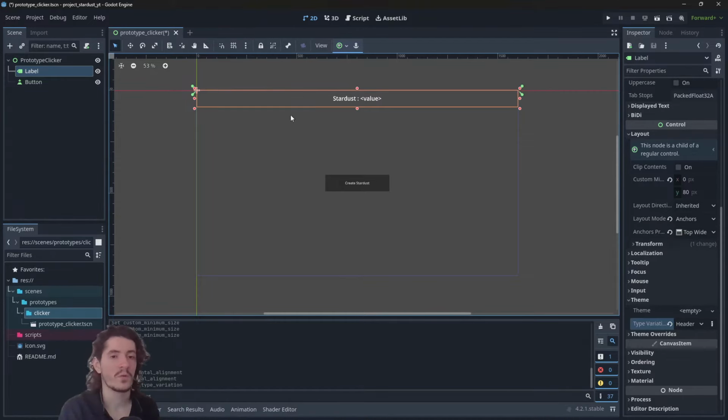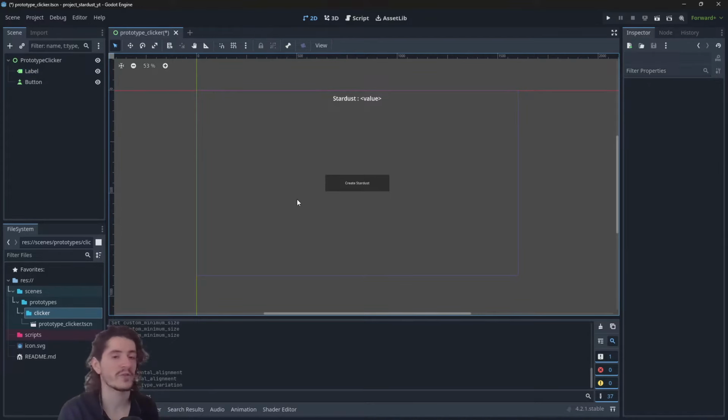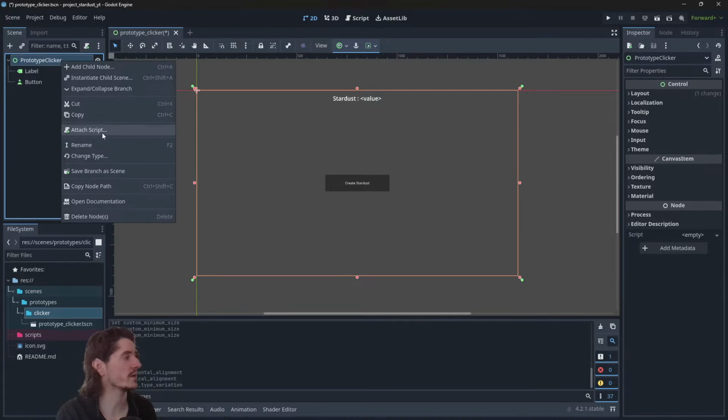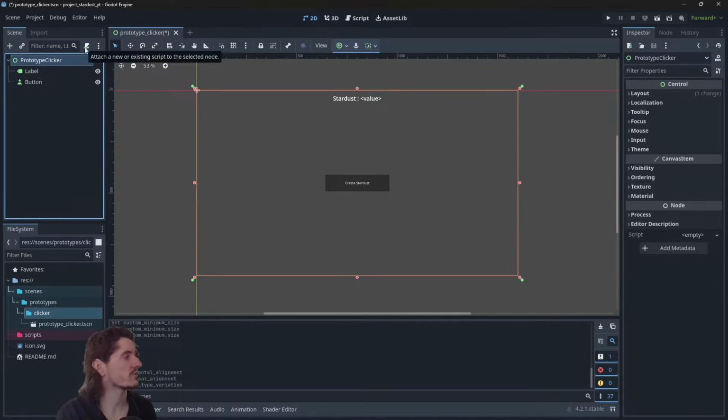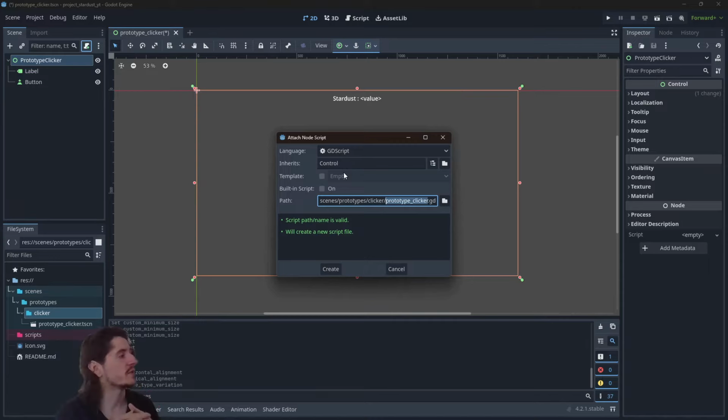So there we have all we need for the prototype to work. We have the nodes, and it's just a matter of creating a script and connecting everything together to have things working. So to create a script, you can right click, attach script, use the attach script button. You can create the script manually in the folder, right? It's all the same. So let's use the attach script button to attach a script to the root node prototype